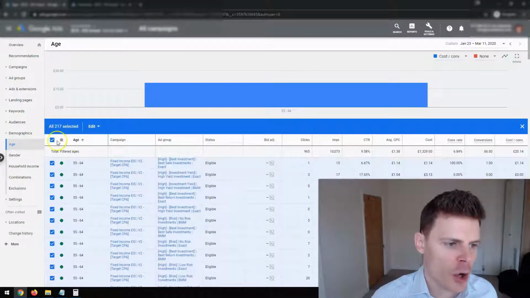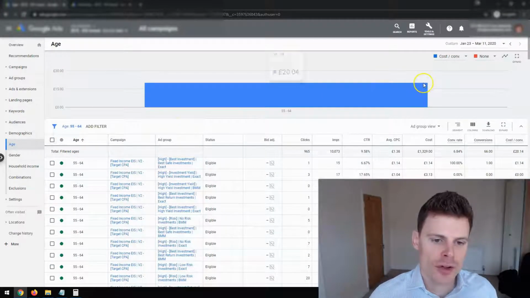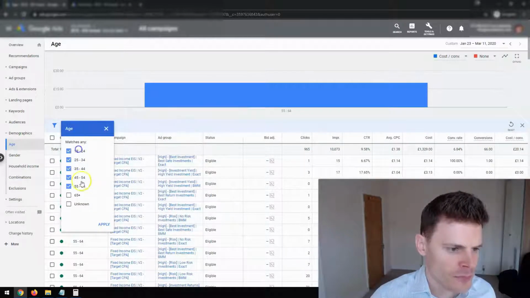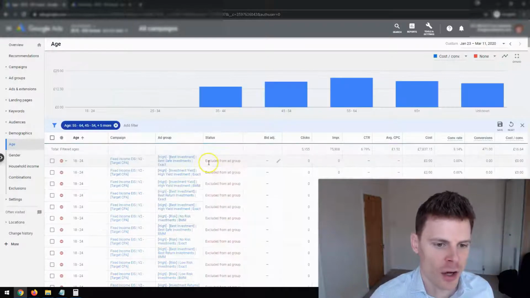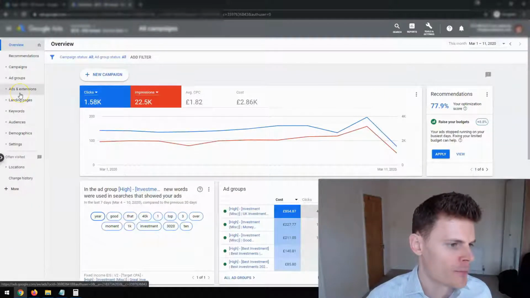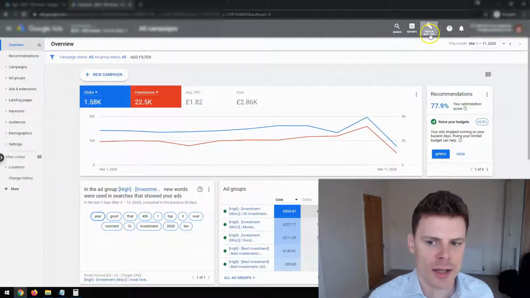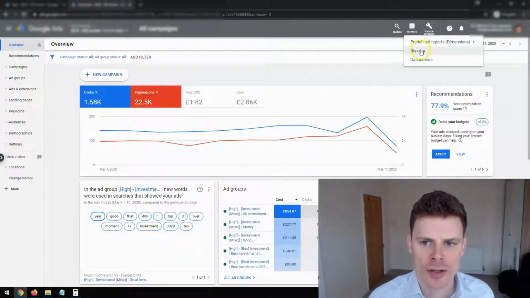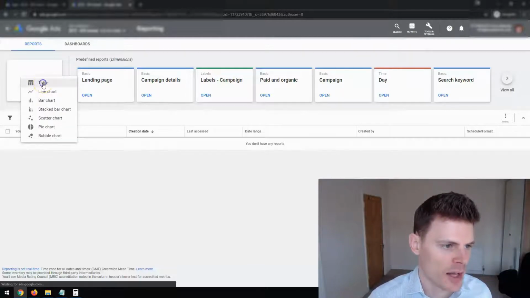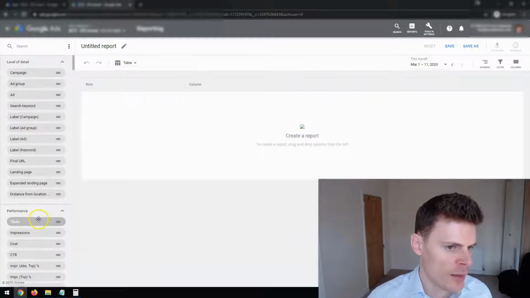Now, if you want to go even more segmented, and instead of looking at the data within this view, you can look at a report of the data. We can create a pivot table to review the data in a different manner. So what you can do here is click on reports, and we're going to create a report to look at the different age groups. So click custom here, and we're going to click table, and then we're going to add